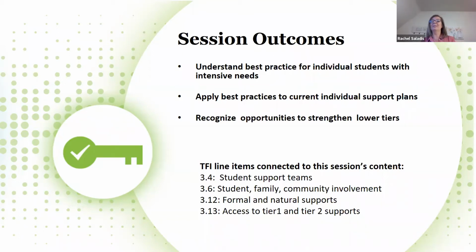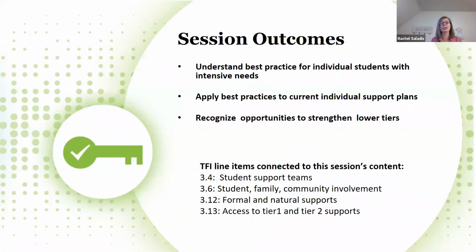What we want you to leave with today are outcomes. We want to make sure that you understand best practices for individual students that have intensive needs. And we want you to be able to begin applying some of those best practices to the individual support plans that you already have in place or that come up in the future.